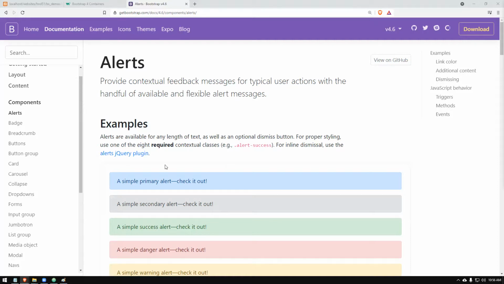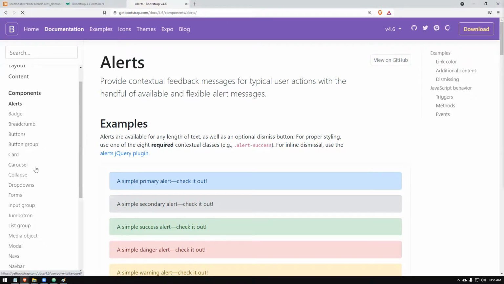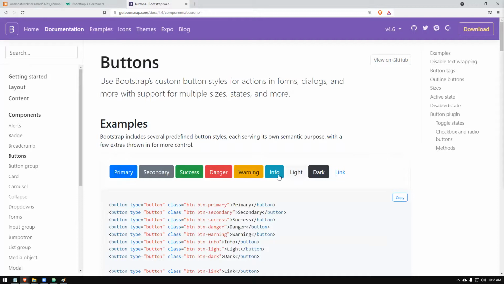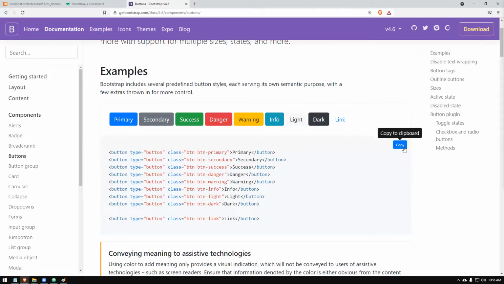Now for components, I don't want you to go in the same order. It has been ordered in alphabetical order: alert boxes, badges, breadcrumb, like that. First of all, we'll take a look at buttons, which are easy to practice, right? So let's take a look at the buttons. These are the buttons that are available. When you're practicing, you can either type this, or you can just copy it to the clipboard from here and paste it in your project, and you can practice.